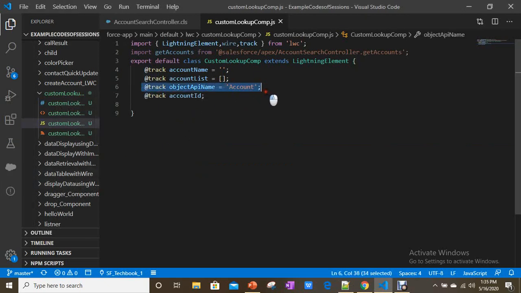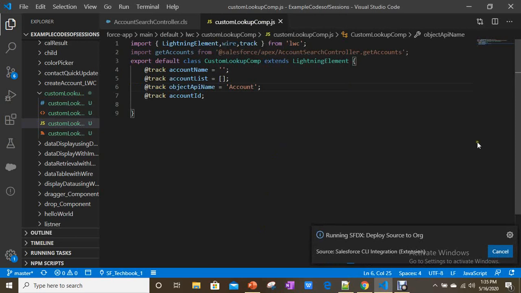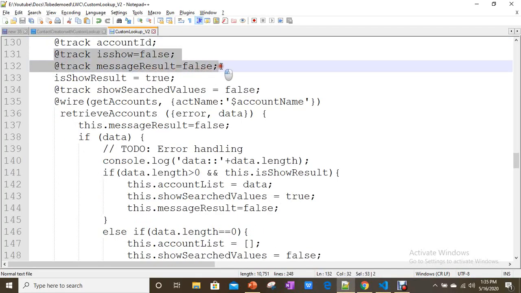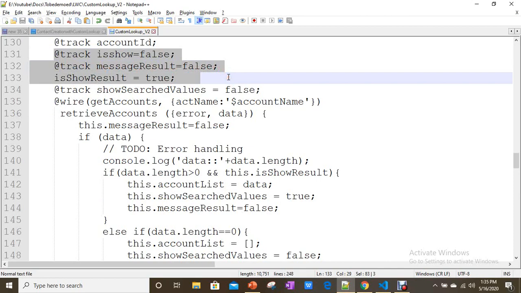Okay, here I don't need the object API name anyway. Let's see. So let me save this. Now, what else? I'm going to have a few more properties.